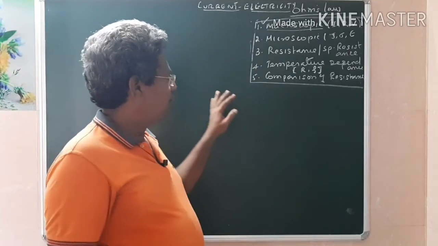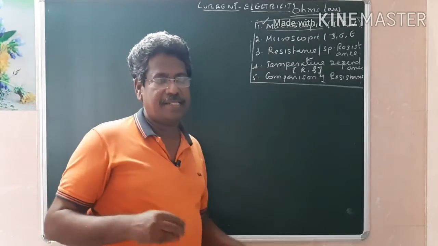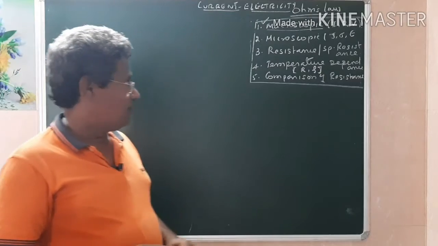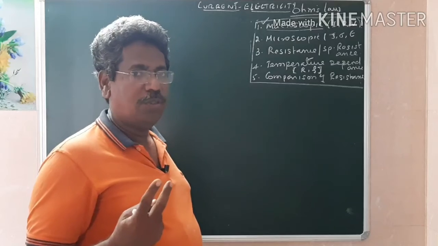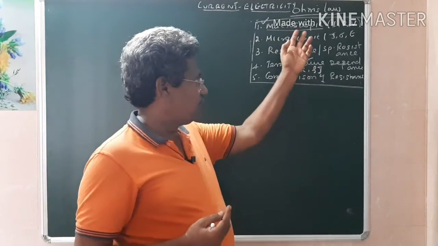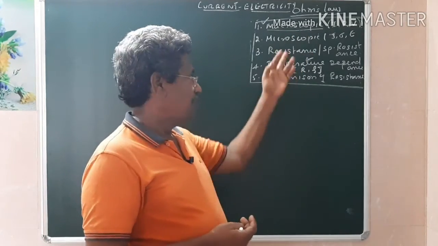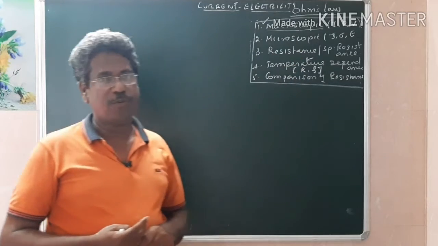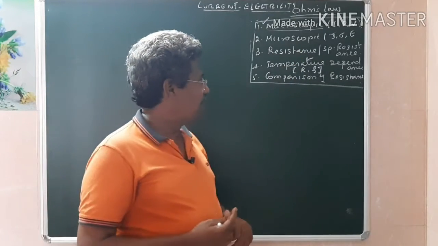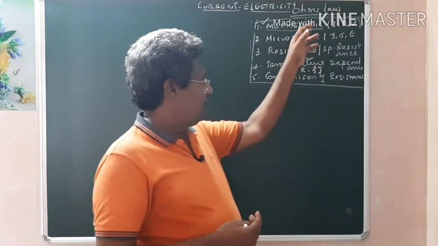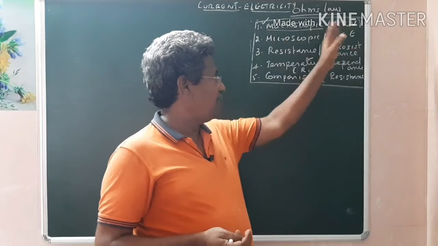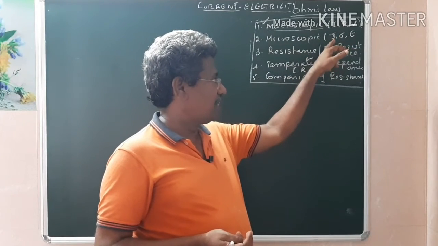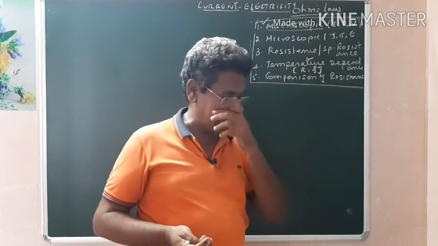Today we will discuss 5 important topics in current electricity. So, let us derive an expression for Ohm's law itself. There are two subheadings: one is the macroscopic expression for Ohm's law and the other is the microscopic expression for Ohm's law. The major difference is that the macroscopic expression is expressed in terms of I, R, V, while the microscopic one is expressed in terms of current density, conductivity and electric field E.